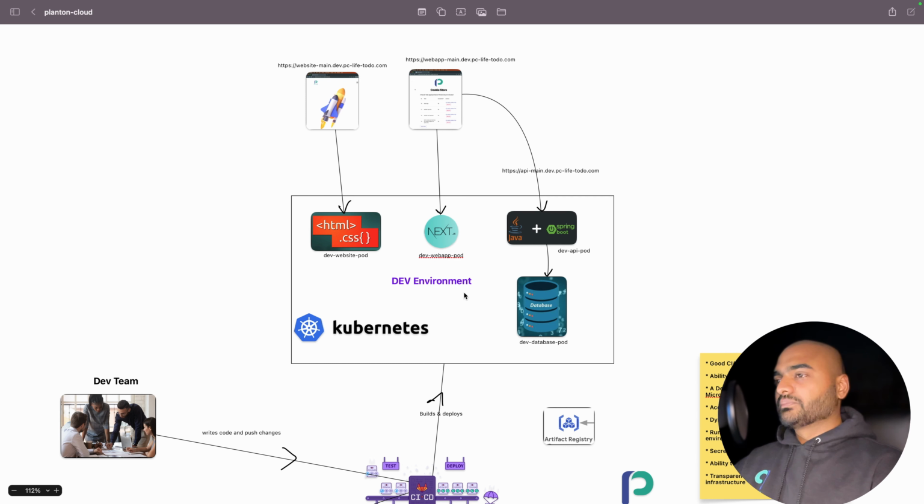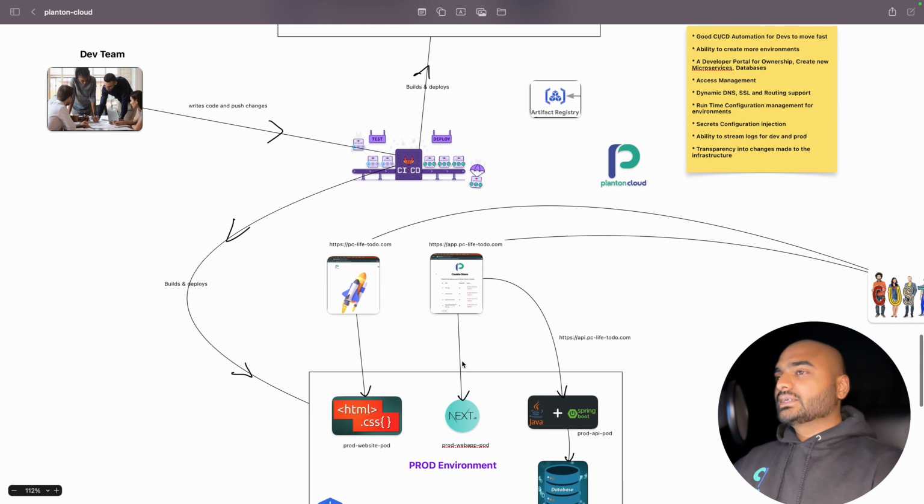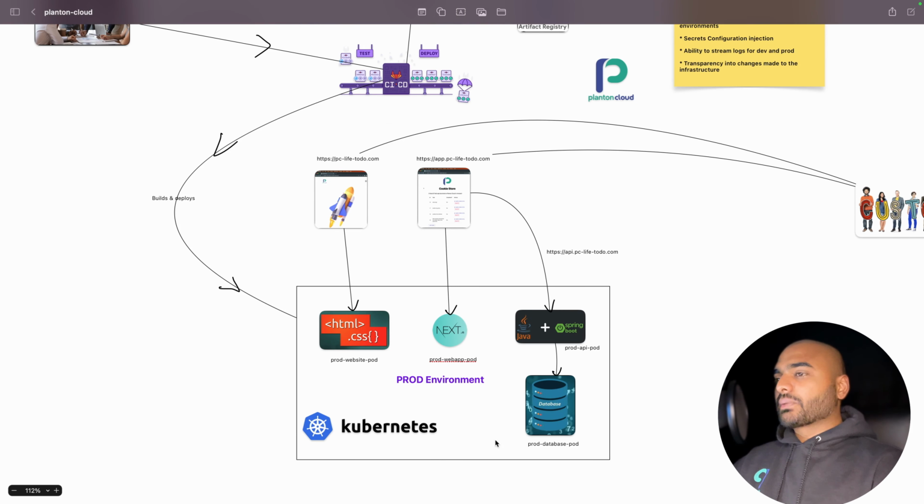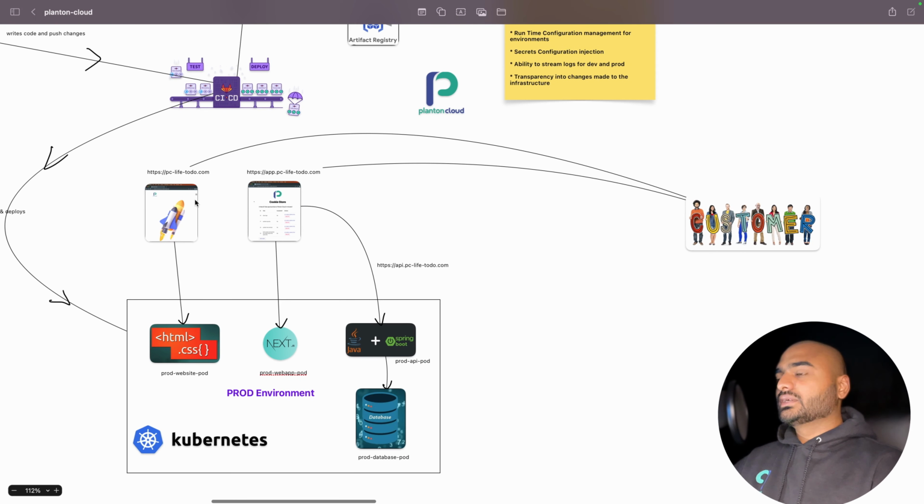to end customers. So a product typically has a website, a web app that has a lot of functionality for end users to use. And the web apps will be integrated with backend APIs, which can be written in Java, Golang, or other languages. And those APIs are connected to databases to store some data. Now, once the development is complete, applications will be promoted to the production environment and customers will interact with the applications